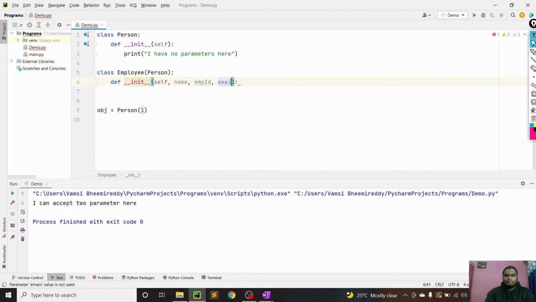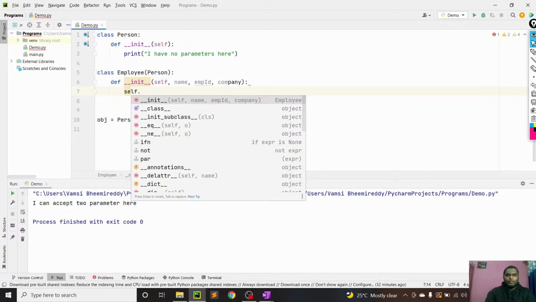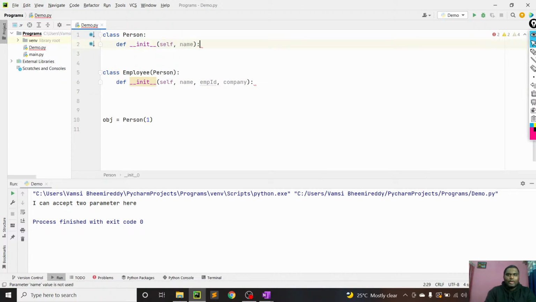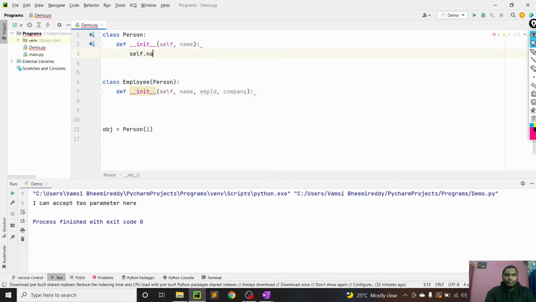and email, company. Now I will say self dot. In my super class, for every person, I will be having a name, right? So I will handle that case here. Self dot name equal to the name, and here I will say super